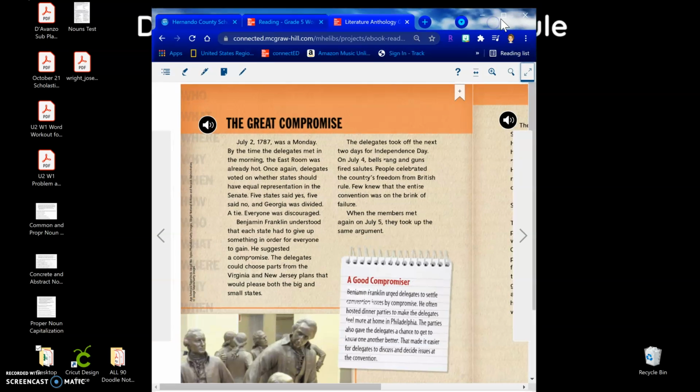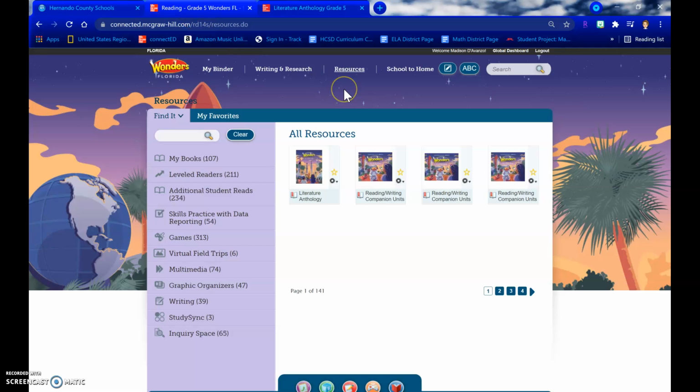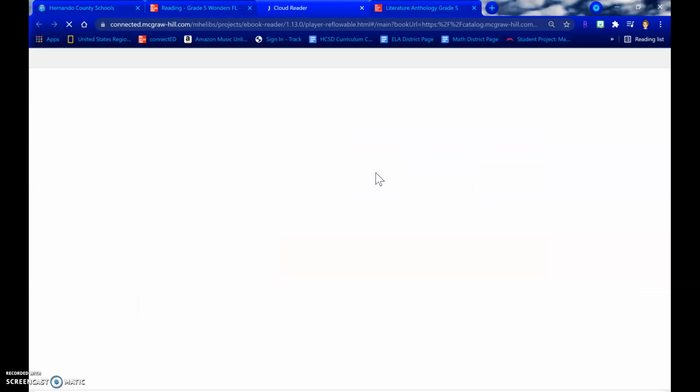And next I want to show you, I'm going to tab back to the resources. Here we have the reading writing companion units. In class I call these the Wonders Workbook. So these are soft-sided books that stay at school. The Wonders Workbooks are divided into units. So this is unit 1 and 2, 3, 4, 5, and 6. So this one right here is their current unit. So if they needed to access anything,